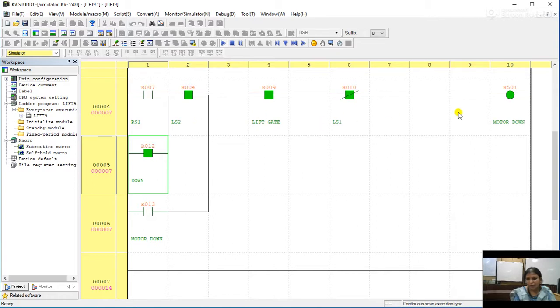So then also your lift will be set into downward motion, that is second floor to first floor.